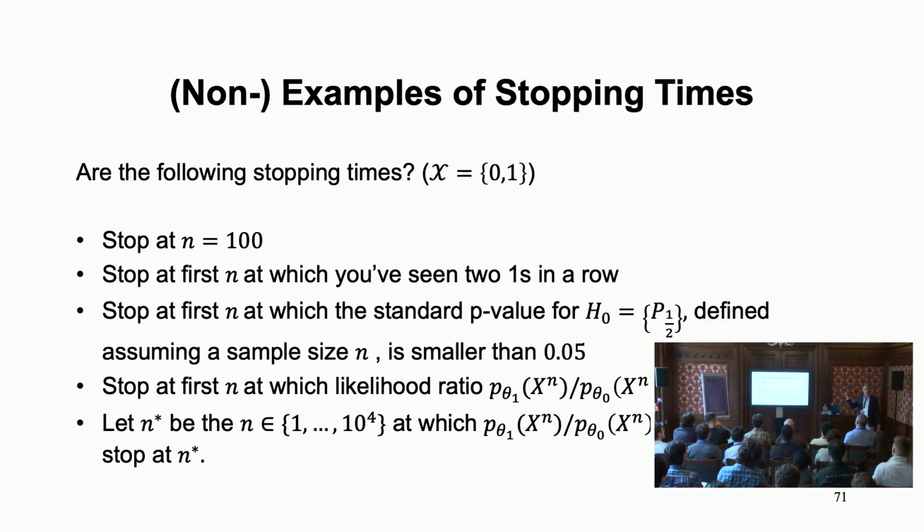And this is actually, as I said, e-hacking has already been happening, where people stopped when they had the maximum. So they track an e-process over time, maybe for 1,000 outcomes, and at 730 it had its maximum, they stopped there. But you cannot know it's the maximum when you're at 730, right? You only know that when you're at the end. So this is not a valid stopping time, just to give you some idea.